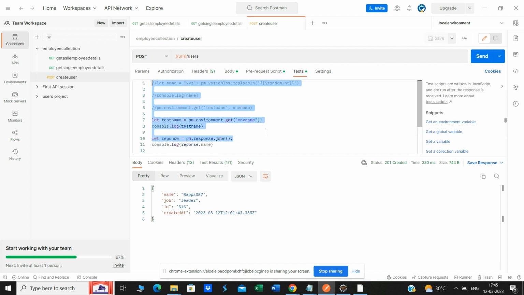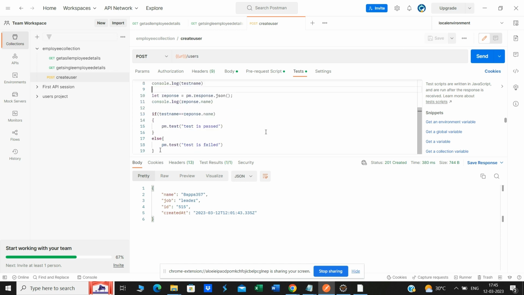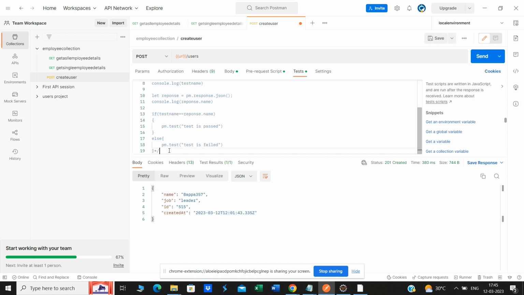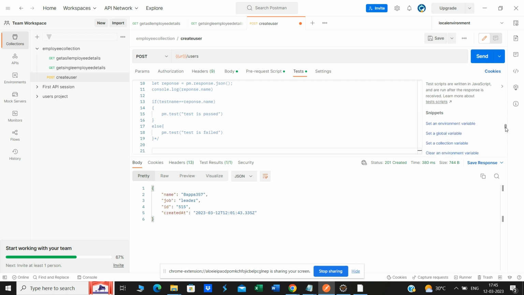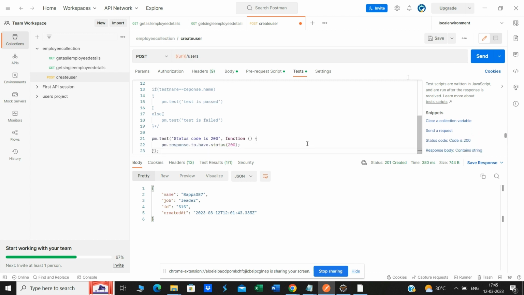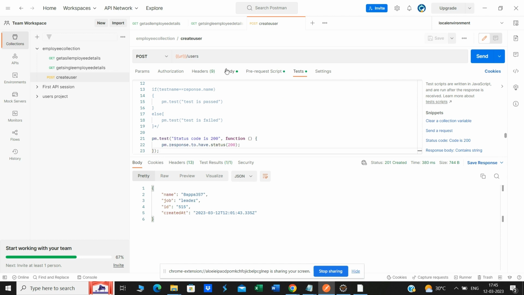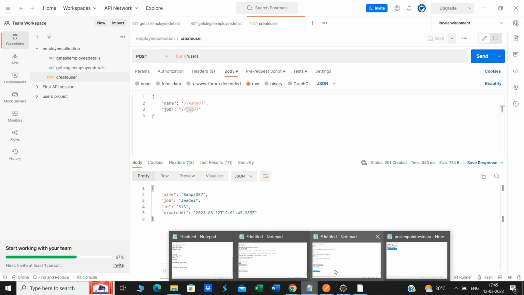And this code also is not useful, so I'll comment out this code as well. Instead of that, we will add our general scripts which check things like status code and type and everything. Status code will check, so that one thing is fine. Now we are coming to one more thing. Okay, before doing that, I'll just